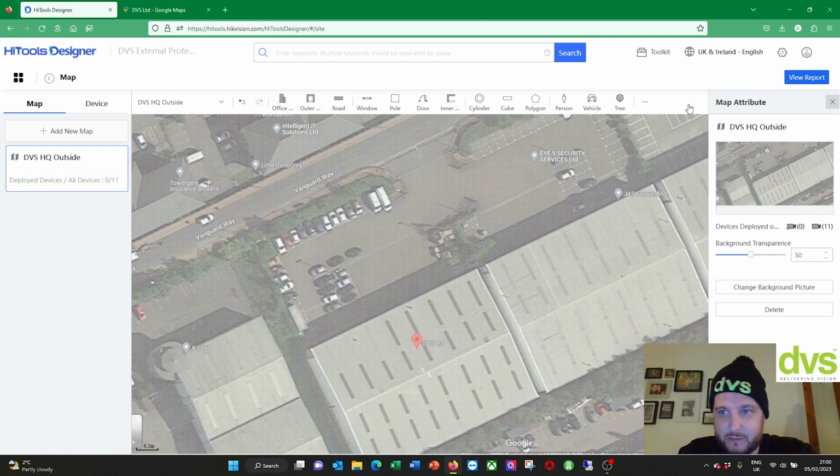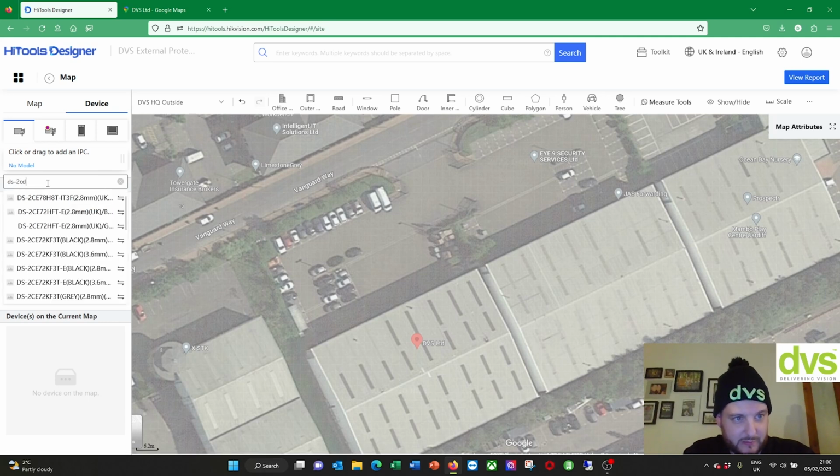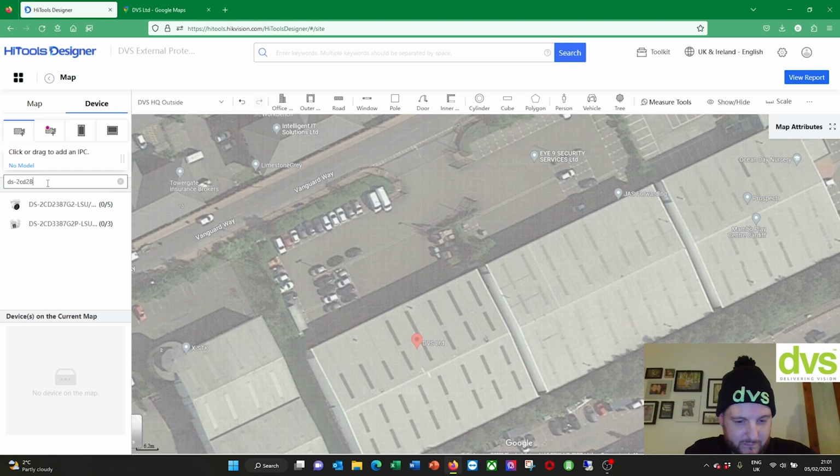So that's fine. And all we're going to do now is go to device. There's already a couple of cameras pre-selected from a previous time when I did that product selection, so I could just drop them on if I wanted, or I can go thermal cameras, Minmos, or door stations for intercom. But let's just look at conventional cameras. Let's add a conventional camera. No model. So if I know the camera model, I can just go 2CD 287